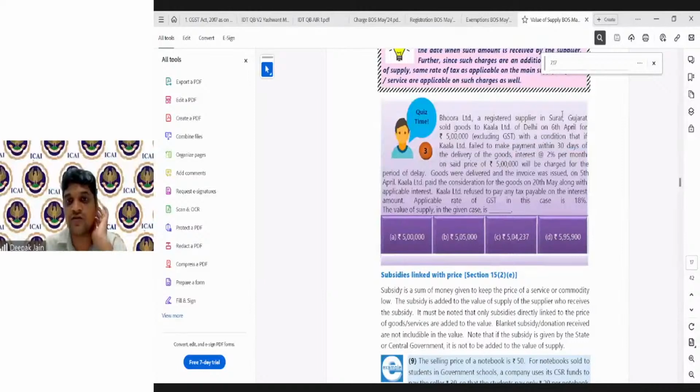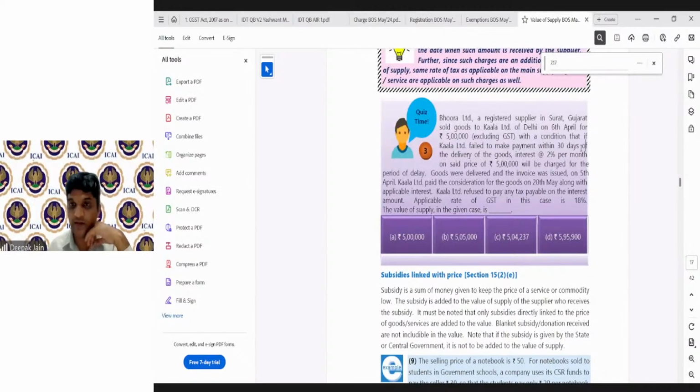Now, when is the delivery of the goods? Sold goods on 6th April. Even though the invoice is raised on 5th, the delivery is happening on 6th. 6th April to 5th May actually is 30 days. Now he is delayed by 15 days. Correct? 6th May, 5th May, it happens 30 days. Now there is a delay of 15 days on 5 lakh rupees